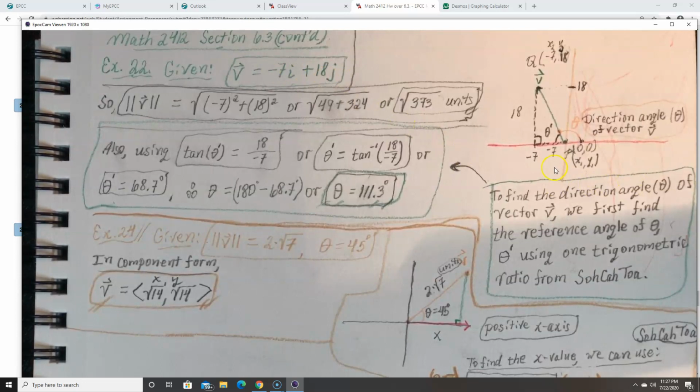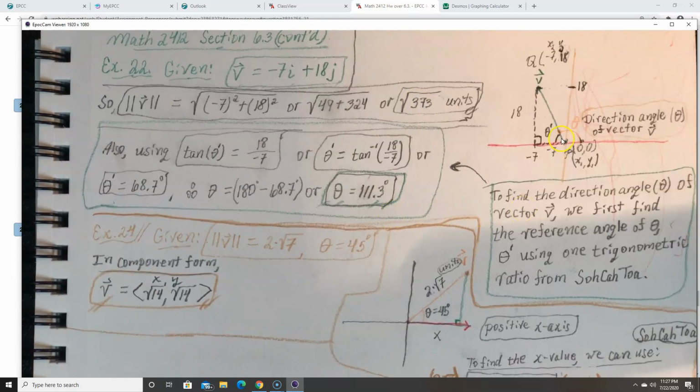But anyway, I would just use the two numbers they gave us, the adjacent being -7 and the opposite being 18. But you could use one of the SOHCAHTOA or CHOSHIKAO ratios with the hypotenuse as well, as long as you don't make a mistake with this magnitude. So either way,